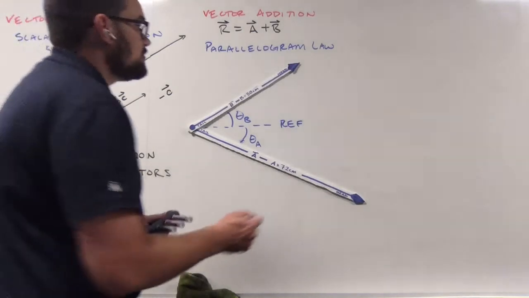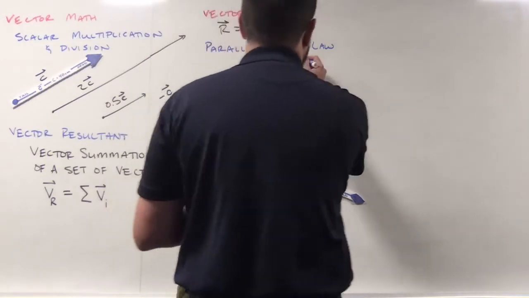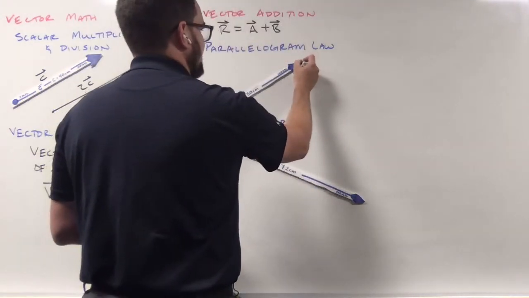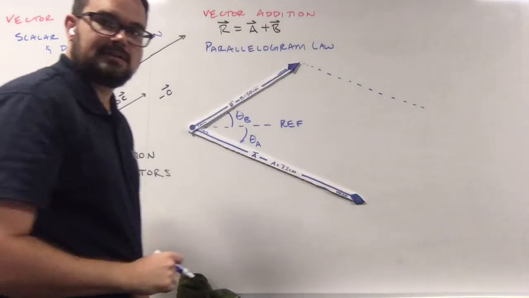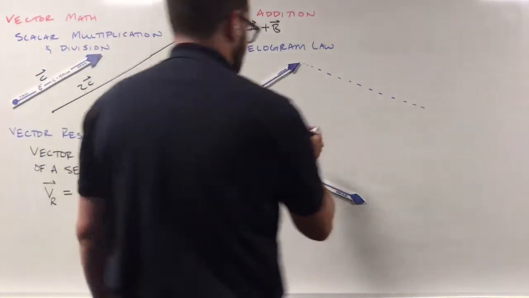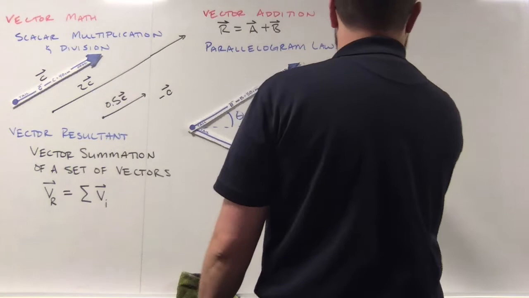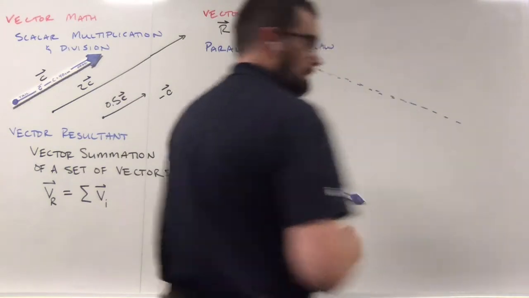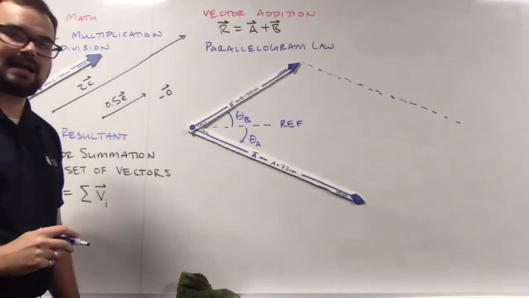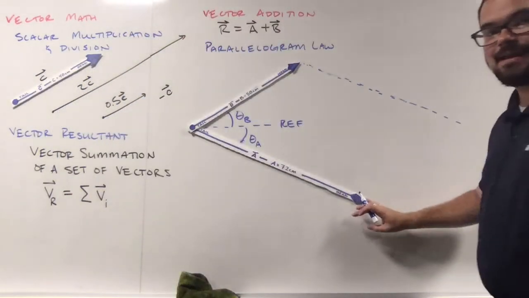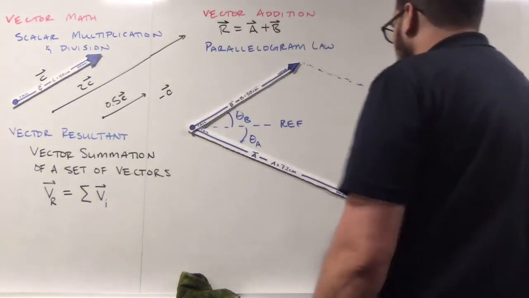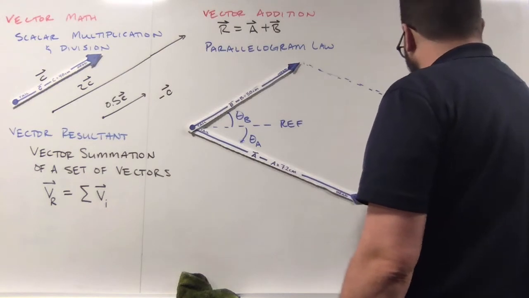So if we remember our geometry, by drawing a parallelogram, I'm going to start at the head of B, and I'm going to draw a line parallel to A. Kind of be tricky to do on a whiteboard. If you've got a straight edge as you're taking notes, I highly encourage you to do that. And then I'm going to go to the head of A, and I'm going to draw a line parallel to B,